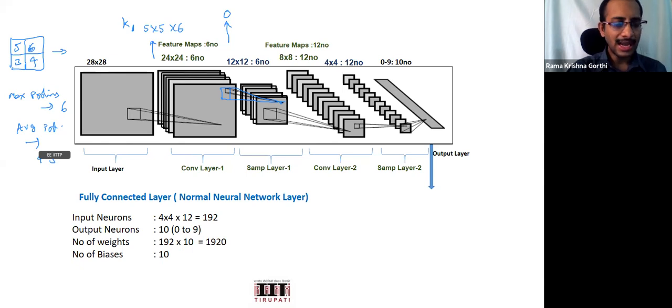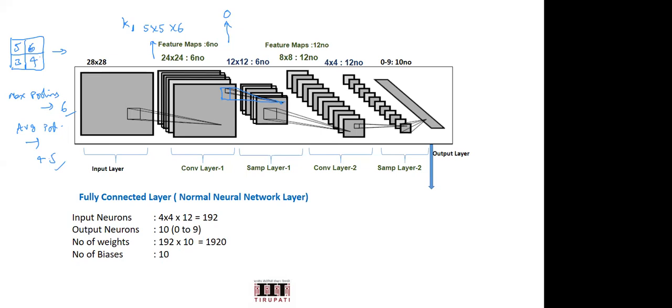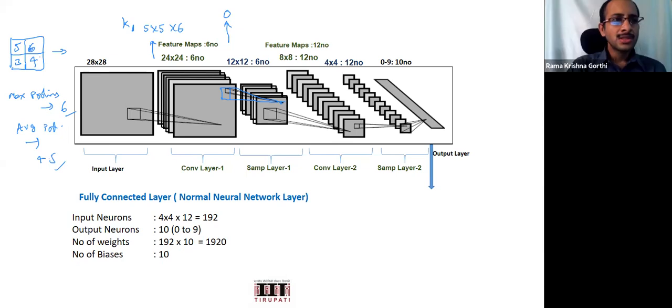So this is a known kernel. How we get this is by a standard procedure. There is no learnable thing here. That means for each different value or each different layer here, you don't adopt different procedures. It's just the same standard procedure all through. Now let us move on to this layer.